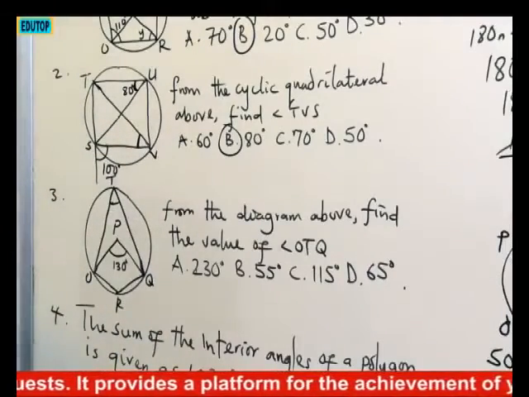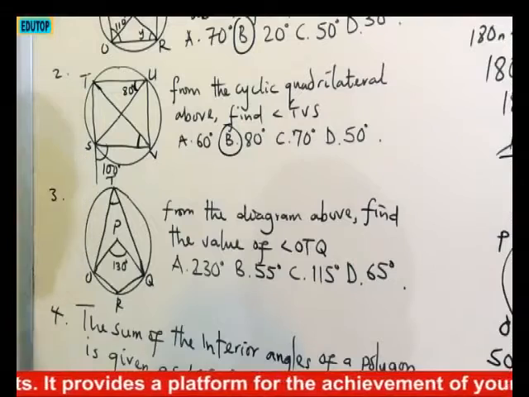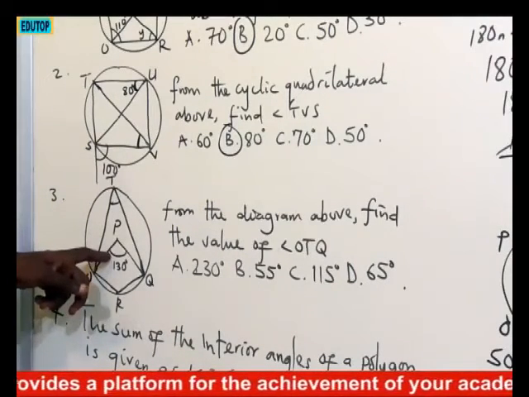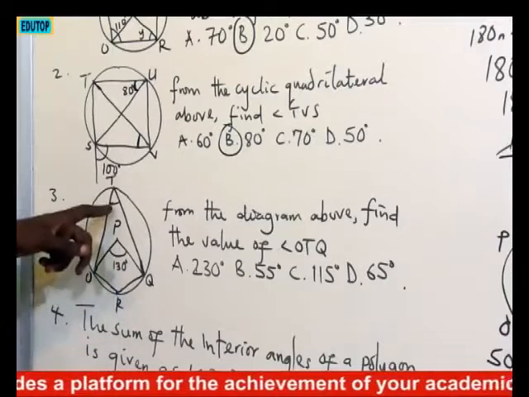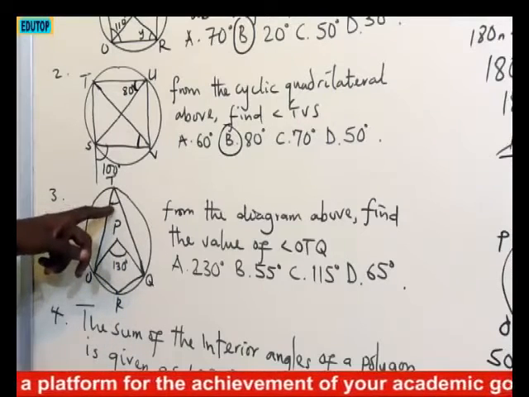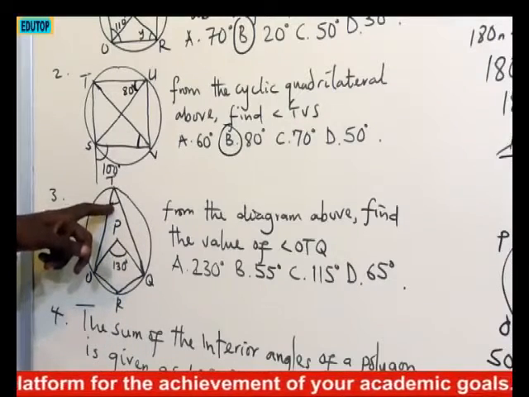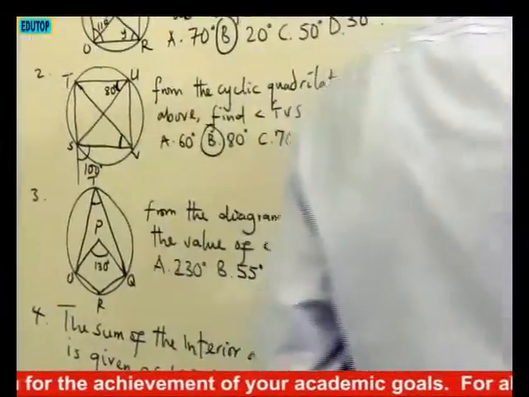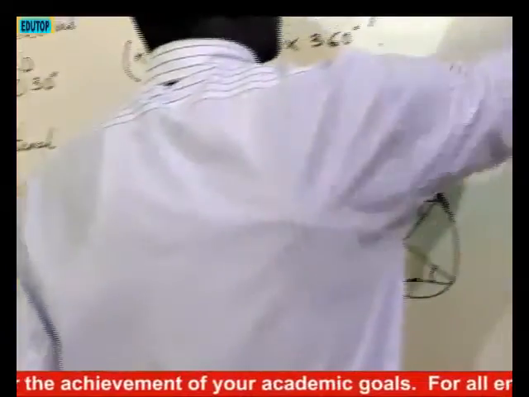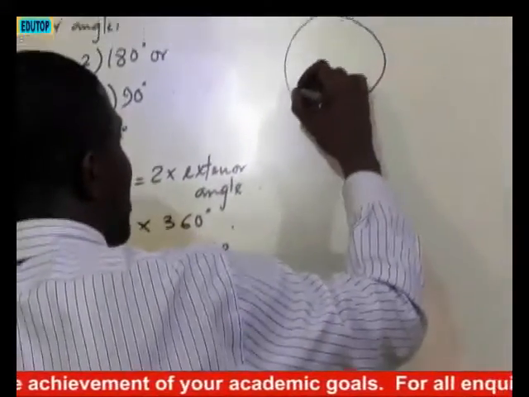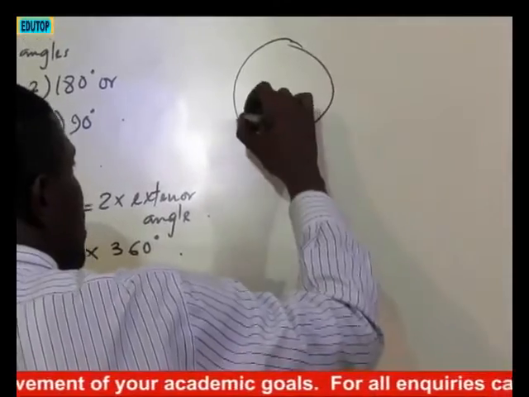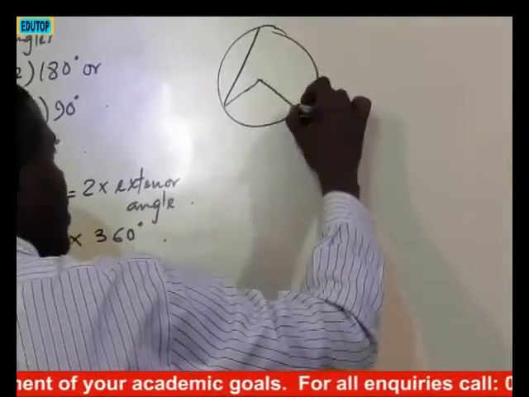Now, there is a particular theorem that states that the angle subtended at the center of a circle is twice that which is subtended at any point on the remaining part of the circumference. What am I saying? So if you have a circle like this, where this is the center, and you have this kind of diagram, the theorem is stating that